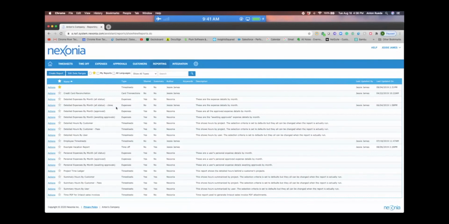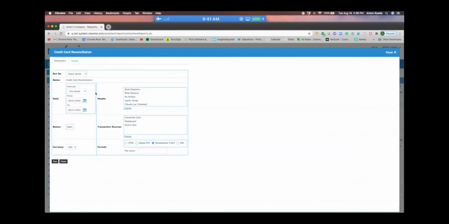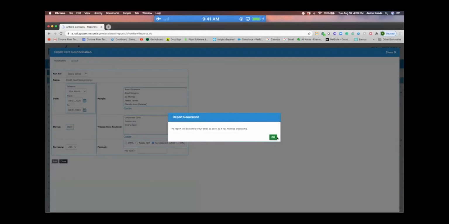We also have reports that will help improve efficiencies with the corporate credit card reconciliation process. So we could track expenses against a subset of people, cards, intervals of months, weeks, quarters, or years. We could also add date ranges as well, but we have the ability to export this information as a PDF or a CSV file. Just to quickly show you what the CSV file will look like,